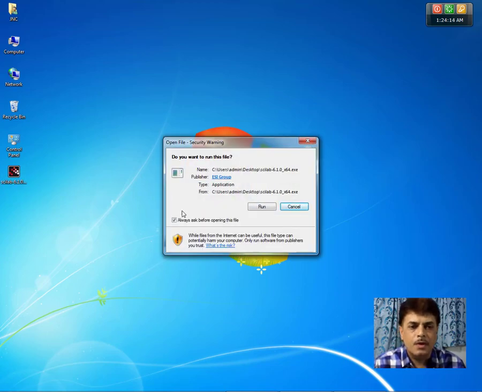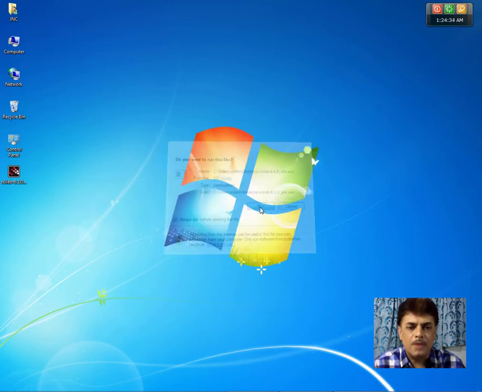Then the setup wizard dialog will start, and Windows will ask you whether you want to run this file on your computer. We just say affirmatively that yes, we want to run this file.